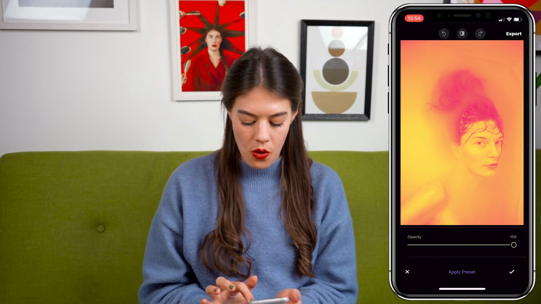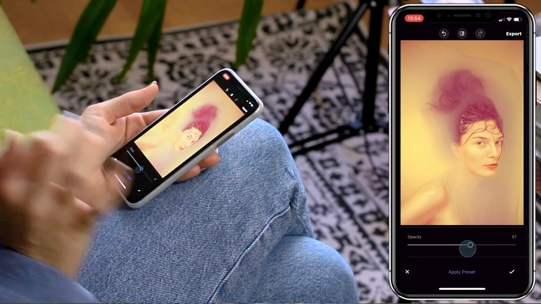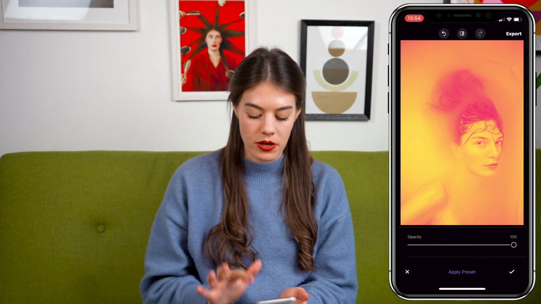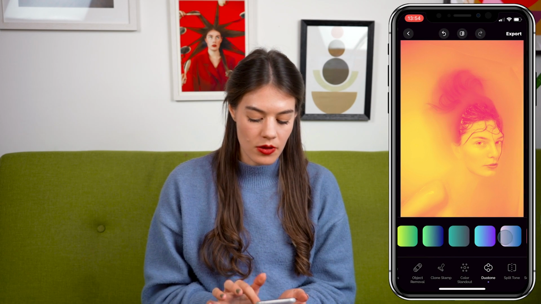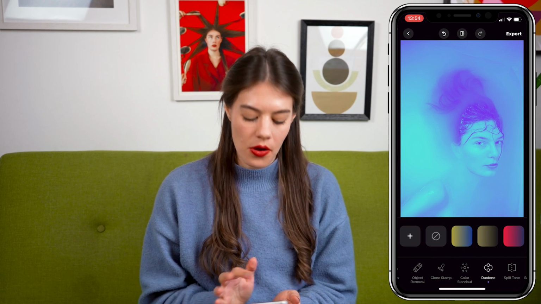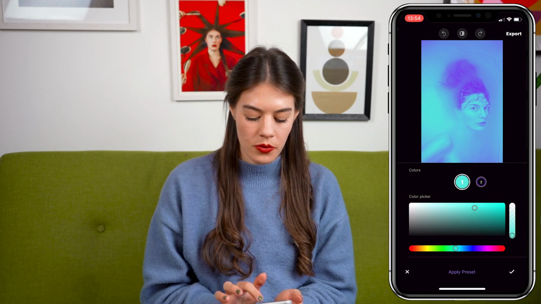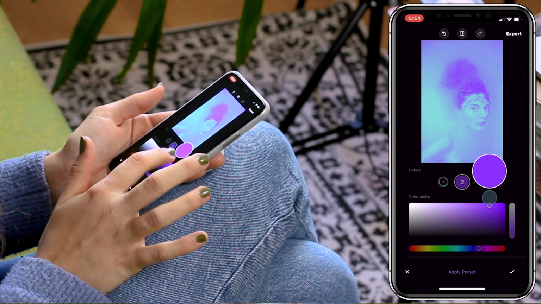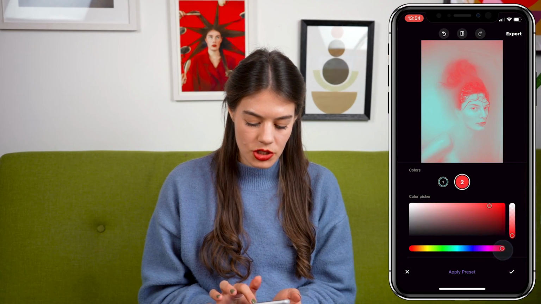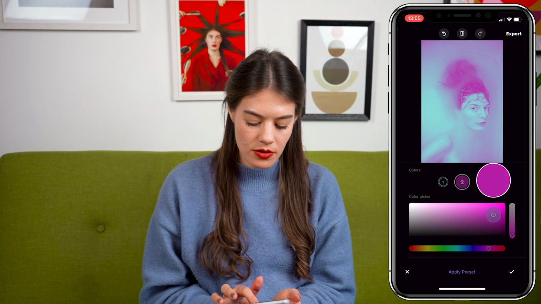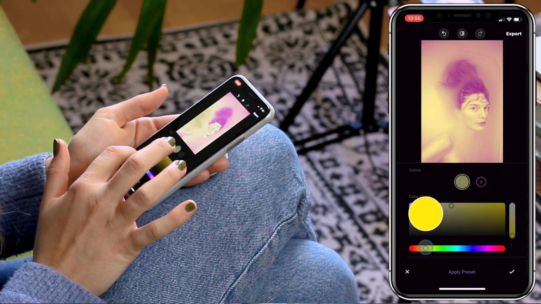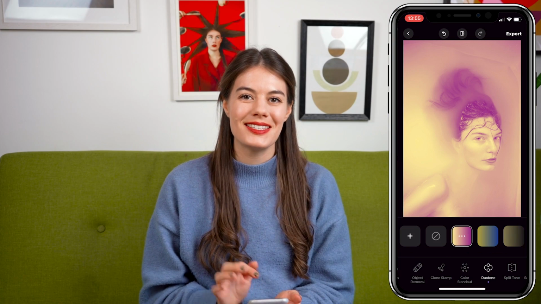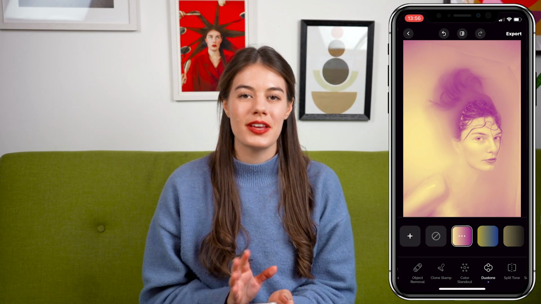And you can also go on here and say, okay, I want the opacity to be like 50% or just 100, however you love it best. If you want to, you can also create your own preset in duotone and select two colors you really love to have in the image. For example, here I can just maybe choose some kind of pinkish tone and a really nice orangey. And you can see I just created a new duotone. So you can see it's really easy, and it can really help you to make your picture, ad or website look different and